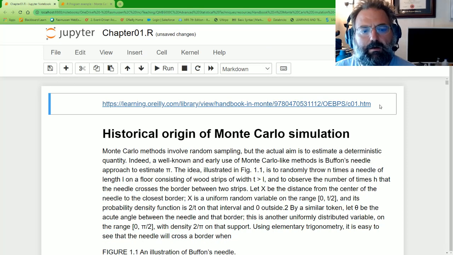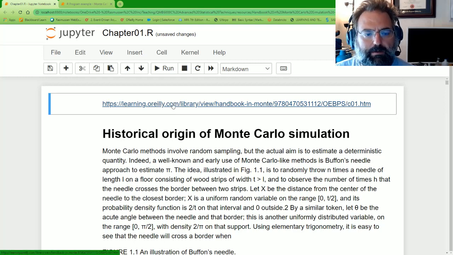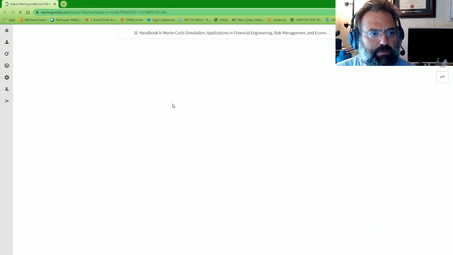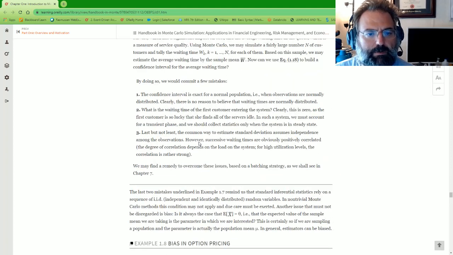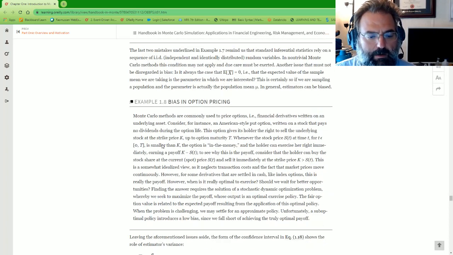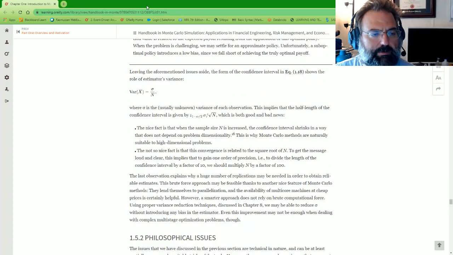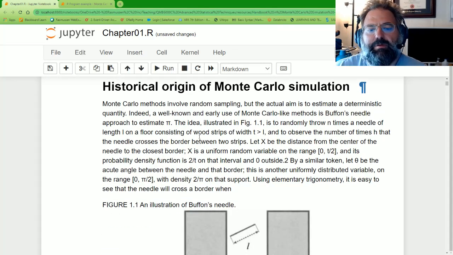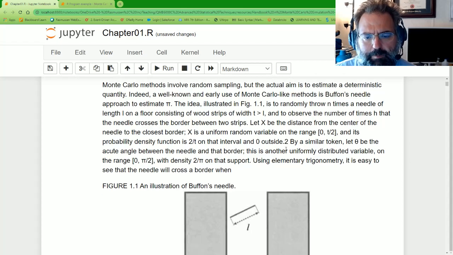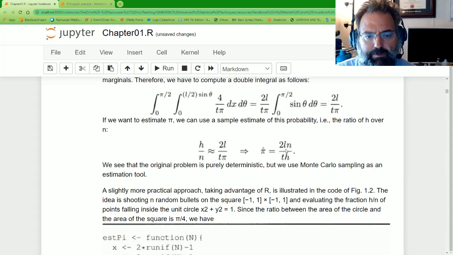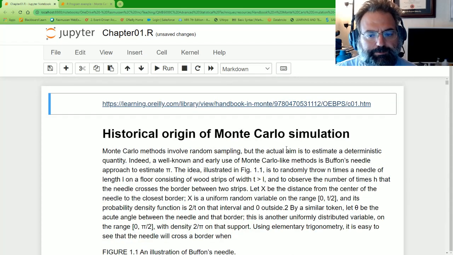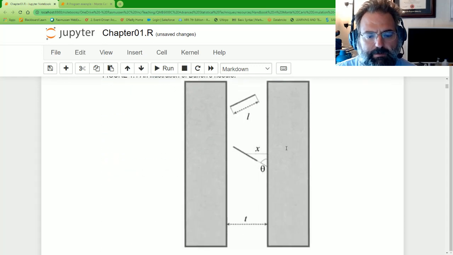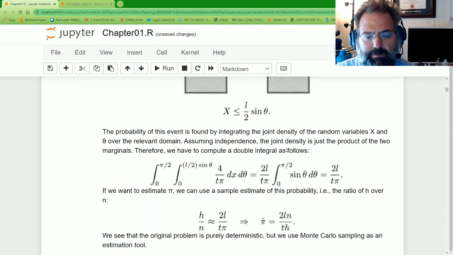So, okay. Again, taken from a book out of O'Reilly. In this case, the handbook on Monte Carlo simulations, focused on financial engineering, risk management, and economics. Some pretty good examples in here as well. So digging into it, this actually talks a bit about the history, and I went to the trouble of reproducing the contents of that chapter here